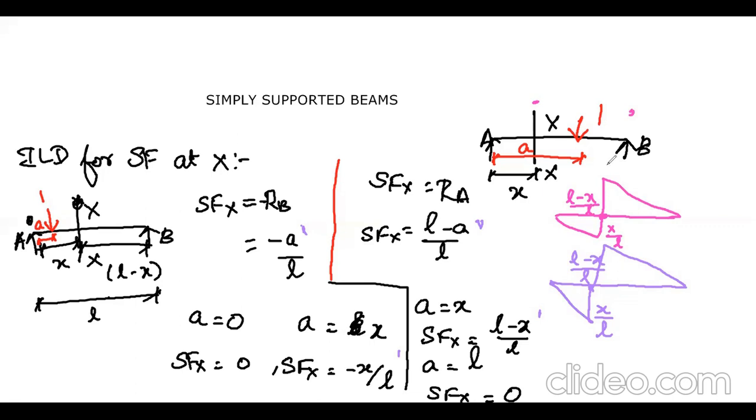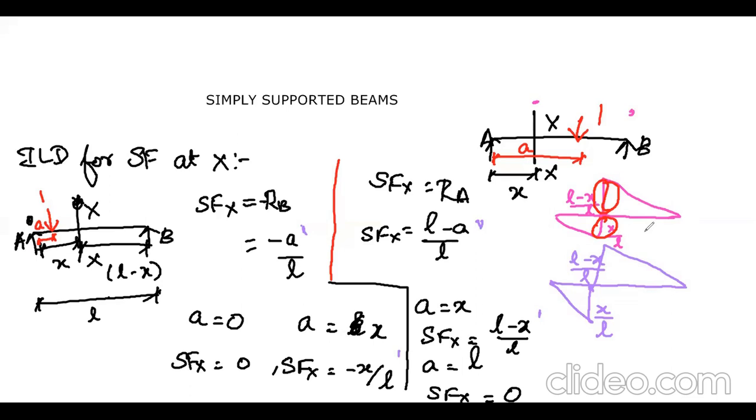Again we are going to consider one point load. Suppose you want to find the maximum negative shear force, you have to place the point load where the negative ordinate is maximum. In this region, the negative ordinate is maximum. In this region, the positive ordinate is also maximum. So whenever you want to find the maximum positive or negative shear force, you should place the load at the section you are considering. That is the point you are going to infer. If it is a point load, this is the case.